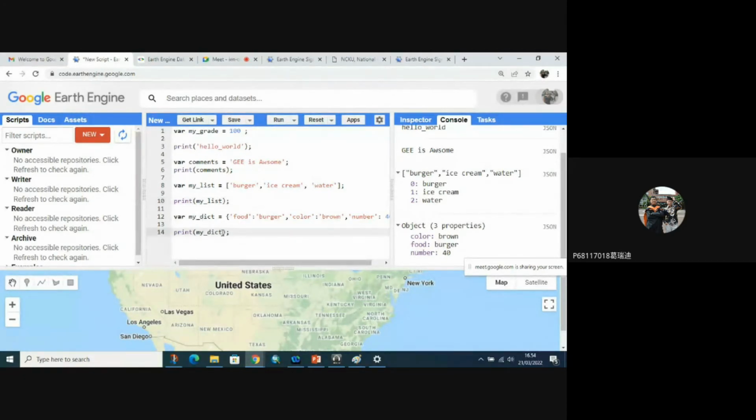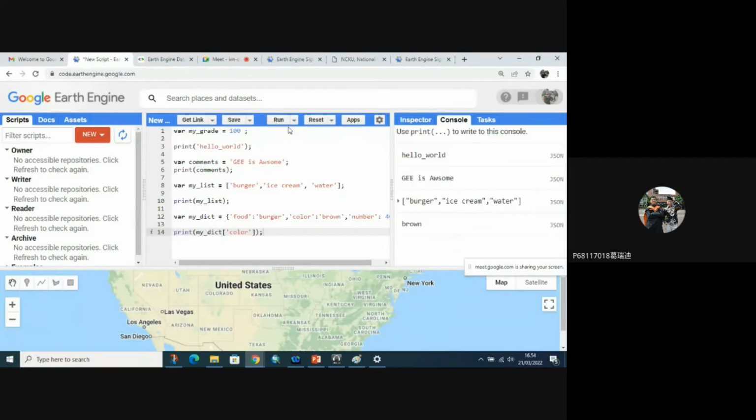And I want to get color. So using square bracket, because I want to get the value of color from our list. You got brown here. Another way, color is better written in dot notation.